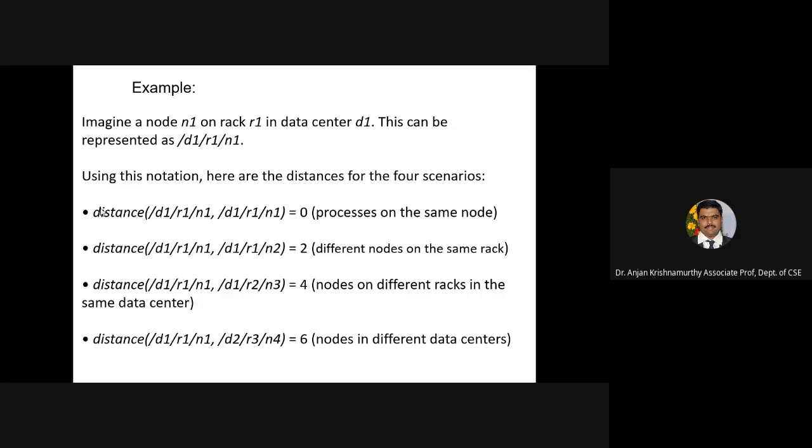So different nodes are on the same rack server, right? The third scenario, what you can basically see is the nodes between the different racks of the same data center. The nodes are separated by two racks, right? So the distance between these two racks is